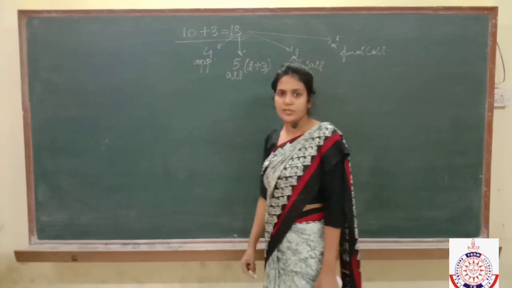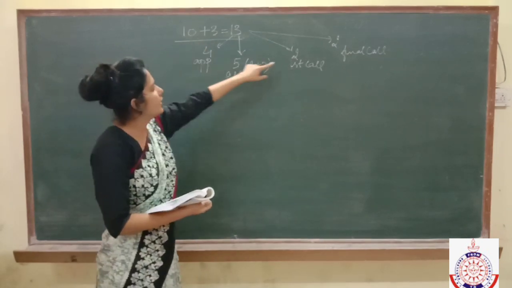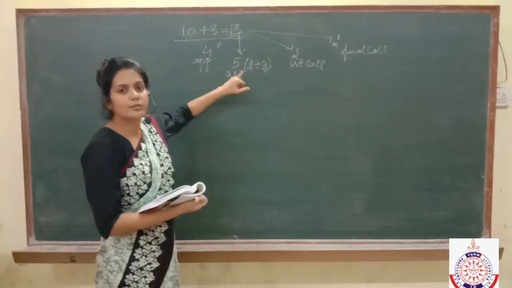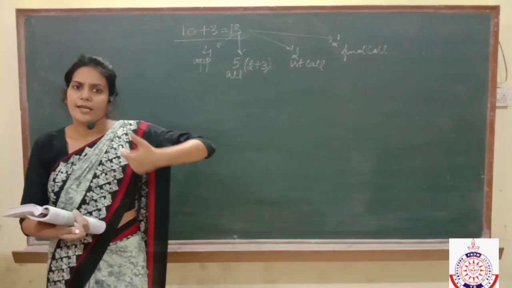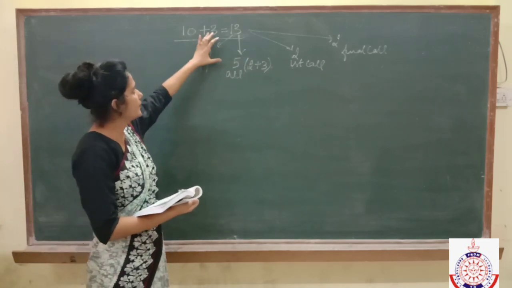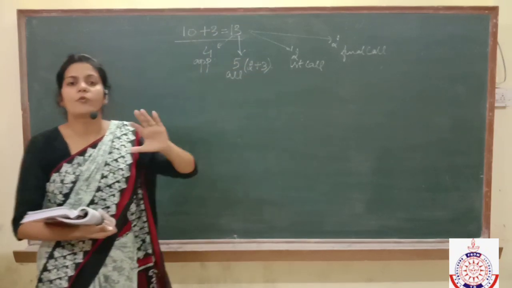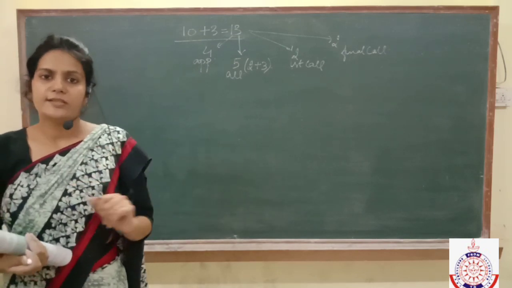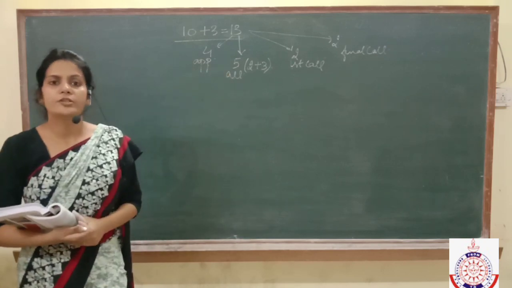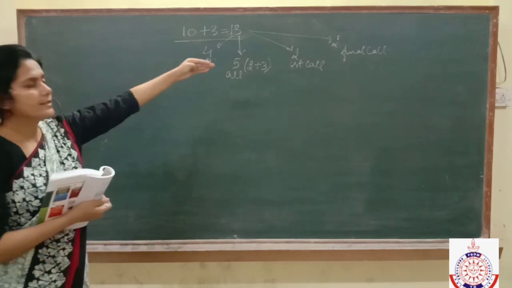Now suppose it is not mentioned in the question in which installment the amount of premium is included. Like here it is mentioned that premium is included in allotment. But it may happen that in the question it is not given, then you have to assume that your premium will always be included in allotment if the question is silent. Means if nothing is mentioned in the question, then assume that the amount of premium is already included in the amount of share allotment. Now, before passing entries, first of all you need to understand this division.